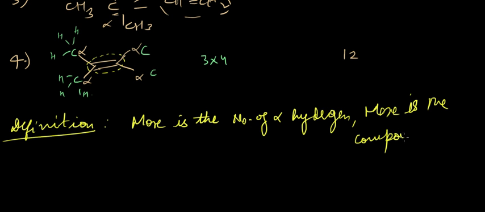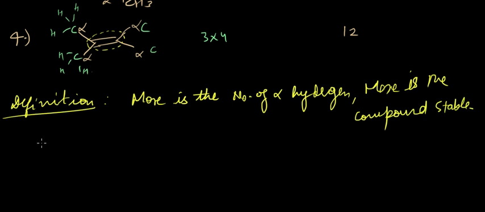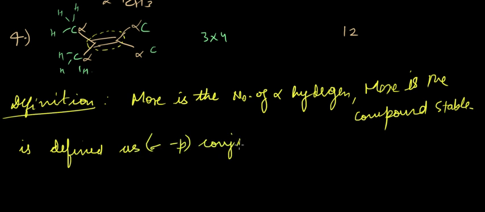So hyperconjugation is defined as sigma-pi conjugation, we'll look into what this means